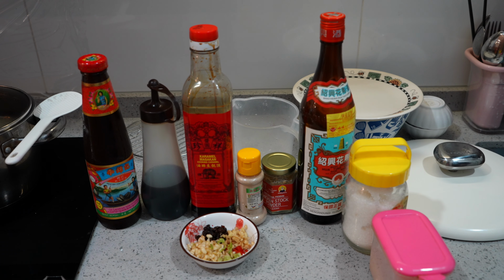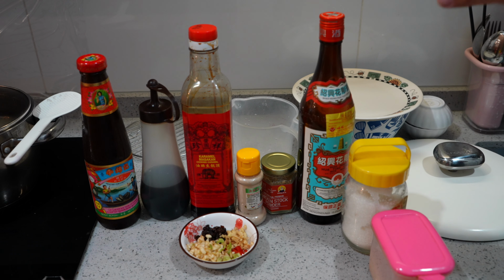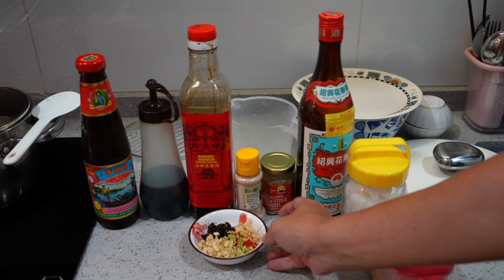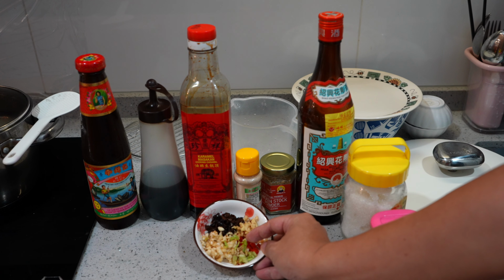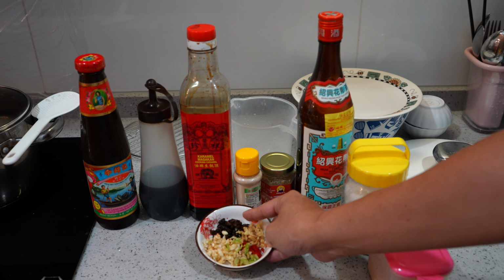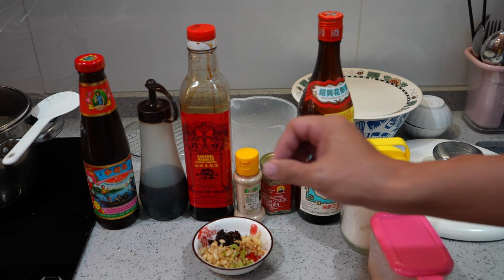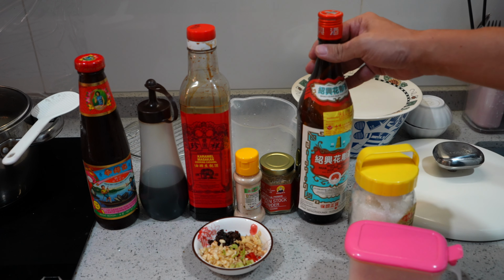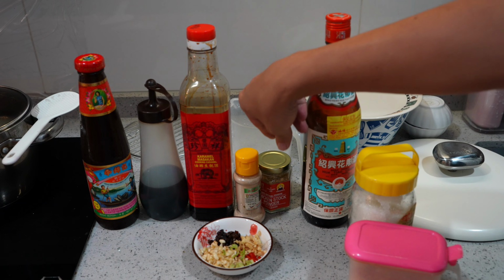Right, here's a glance at the sauce ingredients and seasoning that I'm going to use. First of all, here I have a bit of minced ginger, garlic, fresh coriander roots, chili, and salted black bean. Yeah, 4 items here. Then we have some fine salt, a bit of sugar, Shaoxing wine, my Cooking Appa chicken